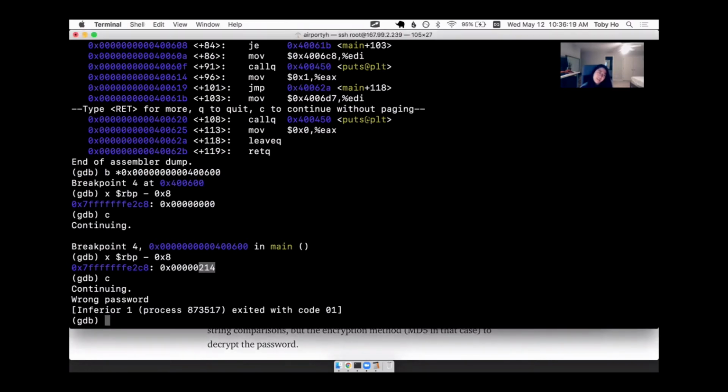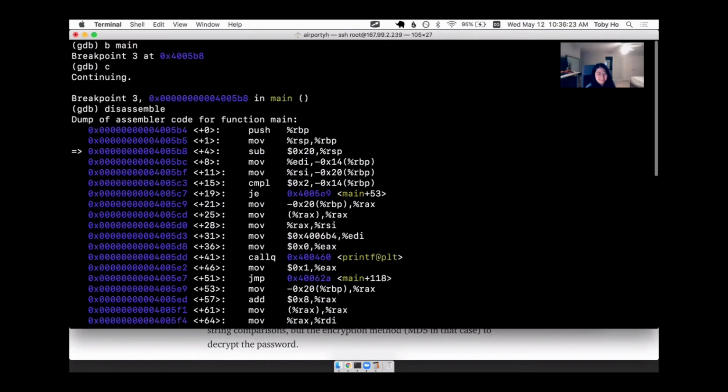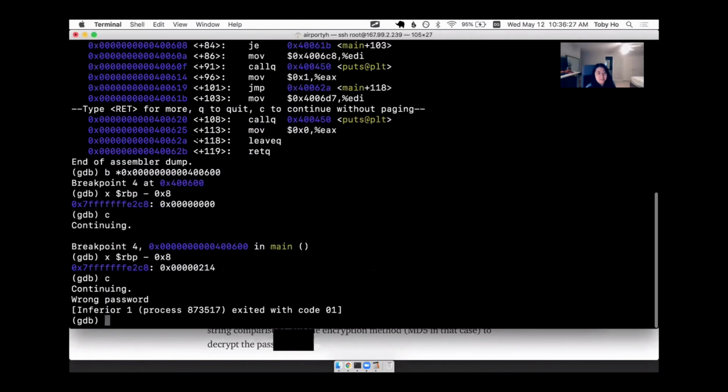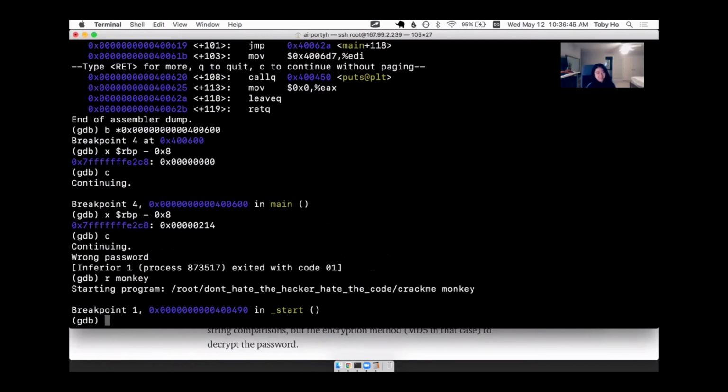Right. But maybe it has something to do with the password that I give to it. Because I put in hello, and it gave me 214. So you want to put in a different one and test out what number it would give? Yeah, I'll put in monkey this time. And then I will